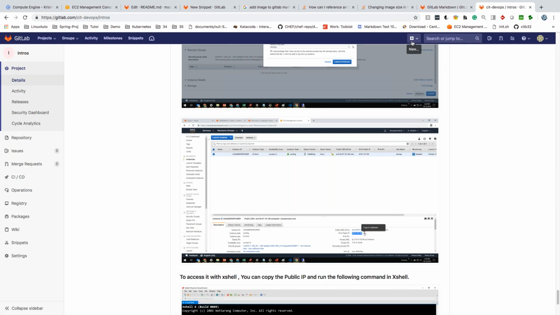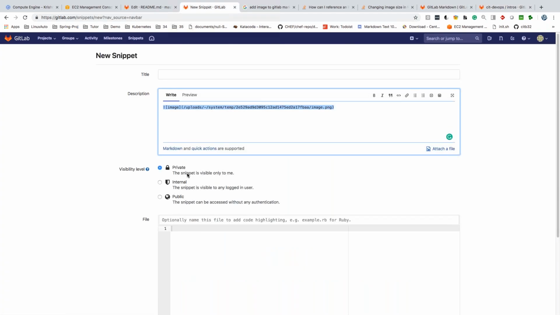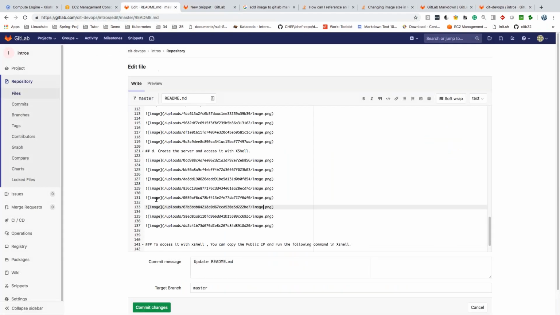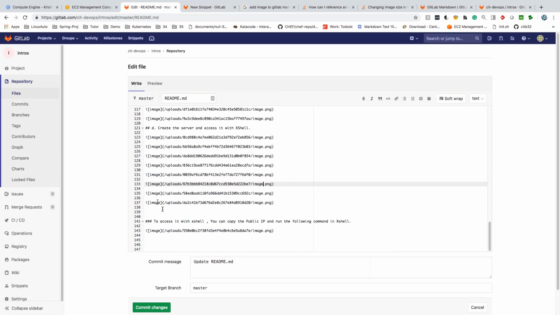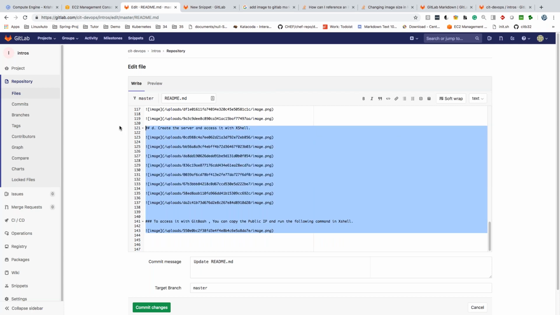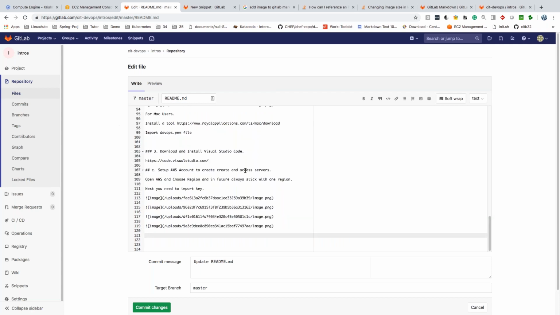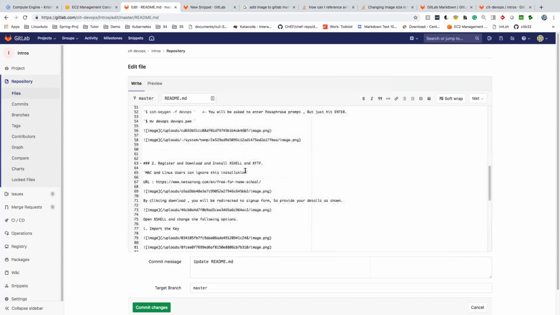All right. So to access it with Git Bash, you can copy the public IP and run the following command. So create a server, here is